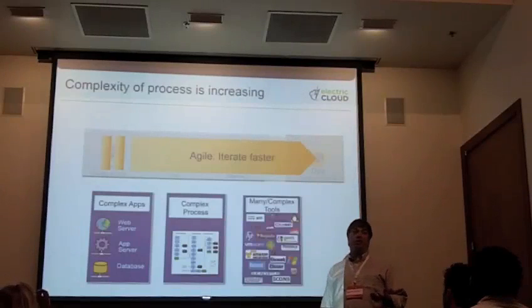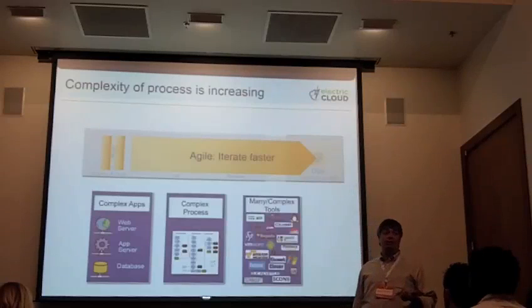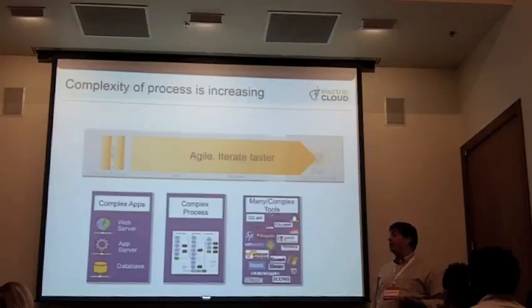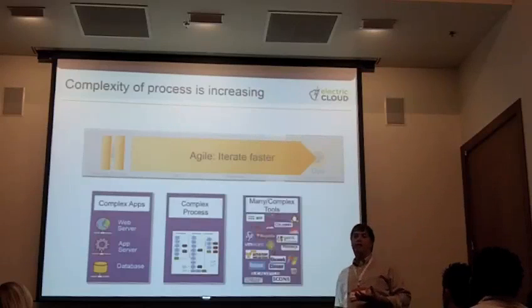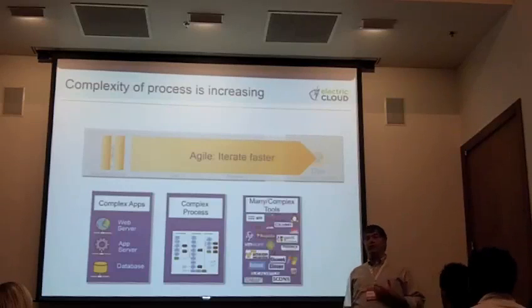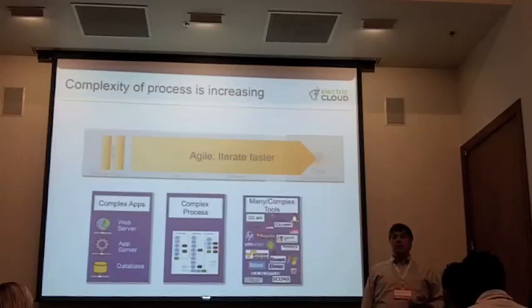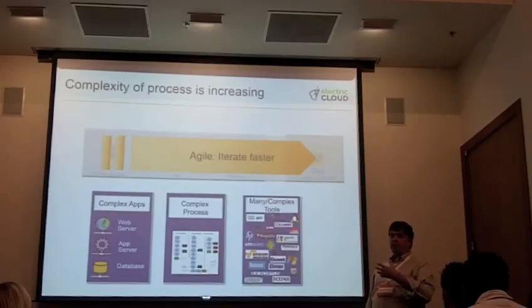So the complexity is also increasing, right? Our apps are becoming more complicated. We're modularizing them. That simplifies things for developers. It doesn't necessarily simplify things when you want to get it out there and deploy it. Everything is multi-tiered these days, right? The processes are becoming more complex, especially if you're in a regulated space, if you're in finance or healthcare or energy. You have to do a lot of things to prove that your stuff is audited and tracked, and that your separation of duties is being obeyed, and all of those kinds of things.